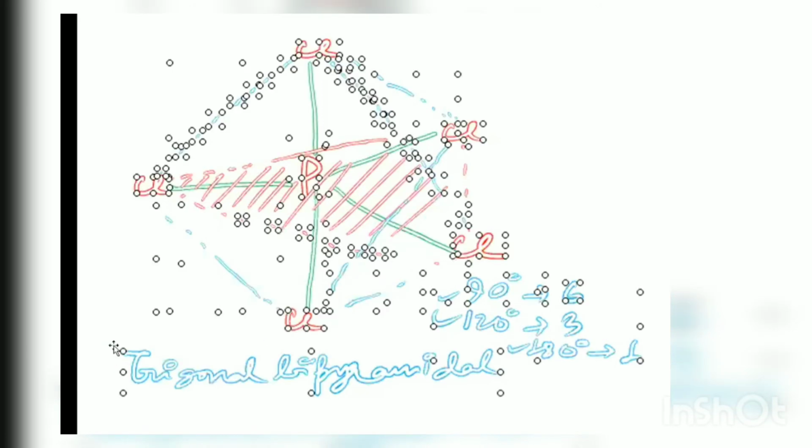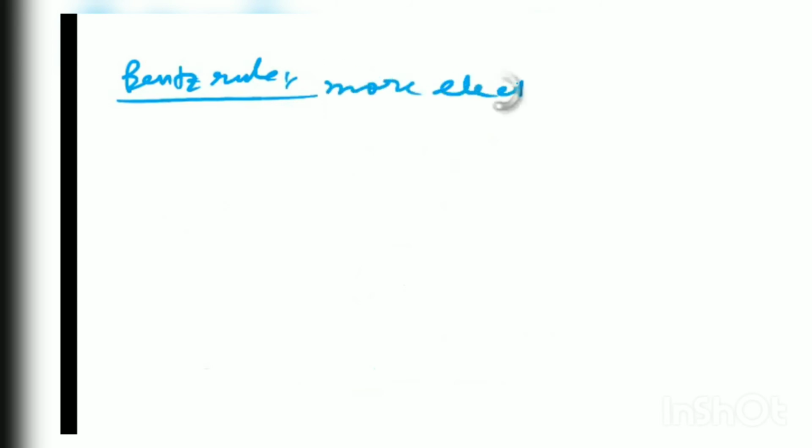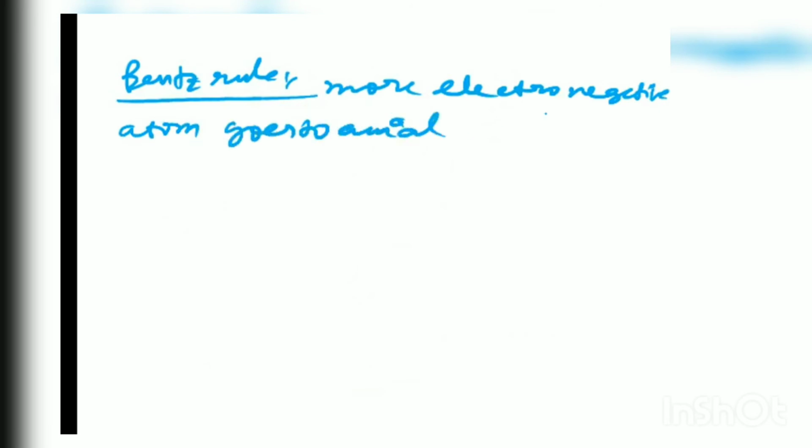So here is a special rule that is called Bent's rule. So what is Bent's rule? It says that the more electronegative atom goes to the axial plane. That means